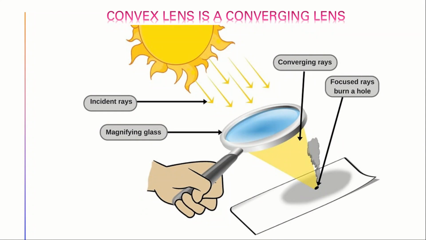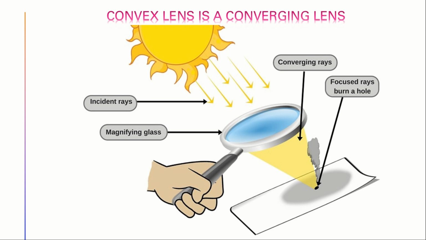There is a small activity which shows a convex lens is a converging lens. Why does a paper burn when a magnifying glass is kept in alignment with sun rays and paper? The light from the sun constitutes parallel rays of light. These rays are converged by the lens at a sharp bright spot formed on the paper. In fact, the bright spot you got on the paper is a real image of the sun. The concentration of the sunlight at the point generates heat, and this causes the paper to burn.